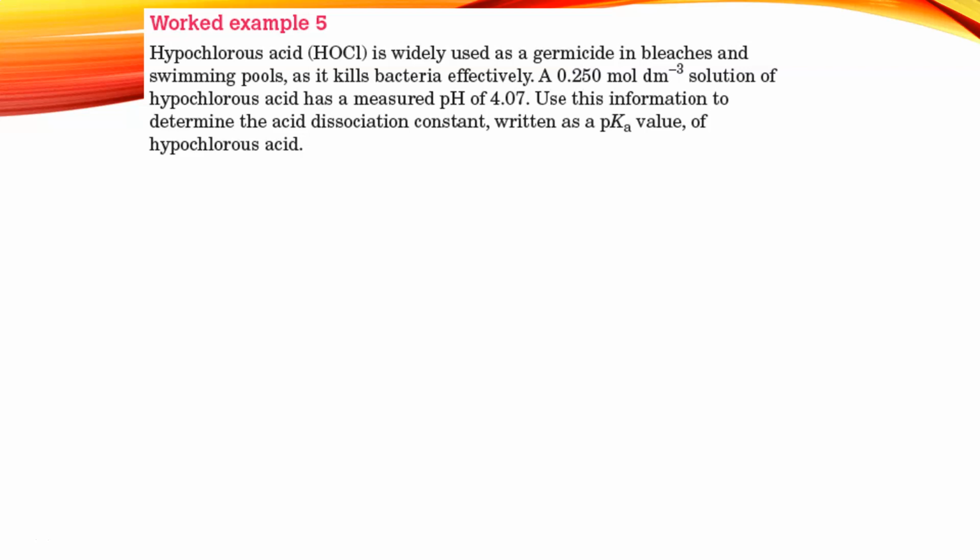This time we've been given hypochlorous acid. It's widely used as a germicide and bleach in swimming pools. Essentially, this is where we get chlorine for swimming pools. It has a 0.25 mole per decimeter cubed initial concentration and a pH of 4.07. You've been asked to use this information to determine the acid dissociation constant, pKa, of hypochlorous acid. So this is going to be negative log to base 10 of the Ka value, and Ka we're going to get from our